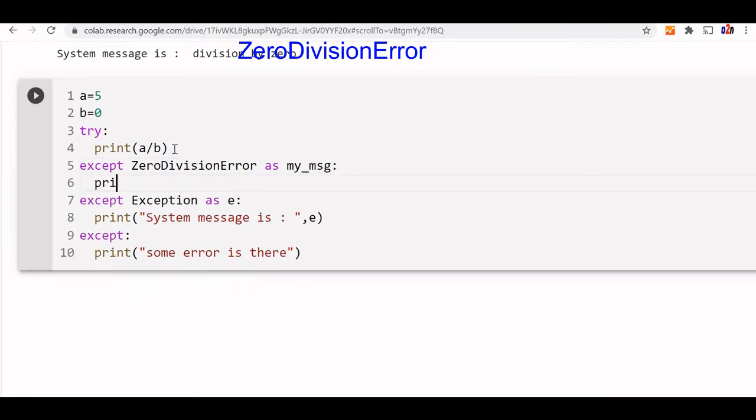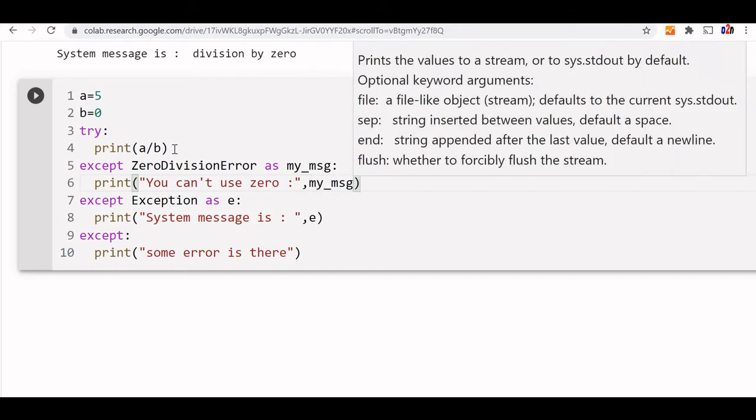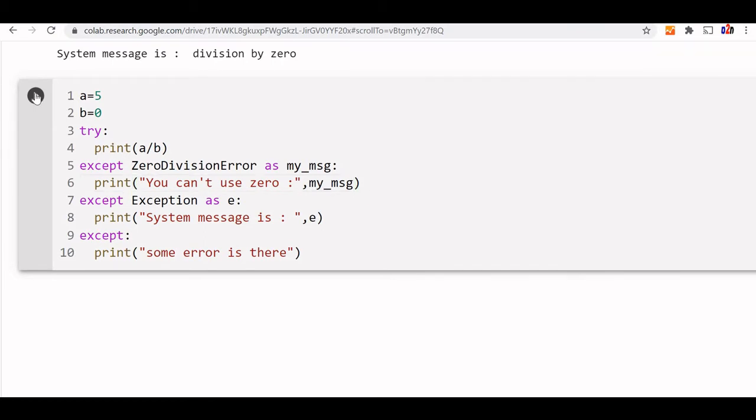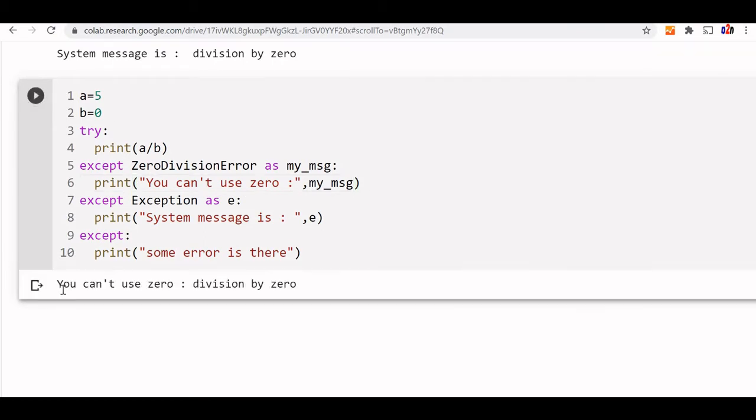Fine. Now print. To identify it from others, we'll write a specific message: You can't use 0. So this is our message. Along with that, we will also use the system generated message, my message here. Let's see what happens. You can't use 0, division by 0. This is the system message along with ours, but we have captured it here.